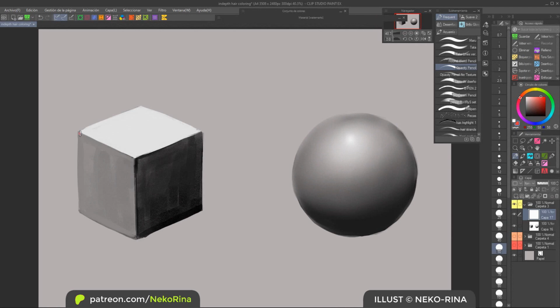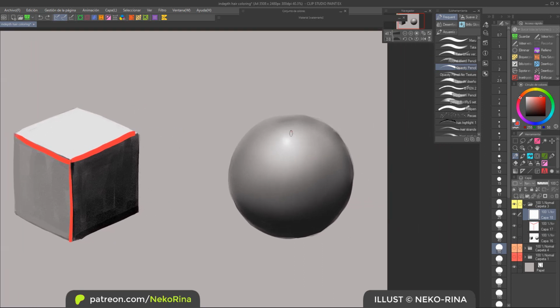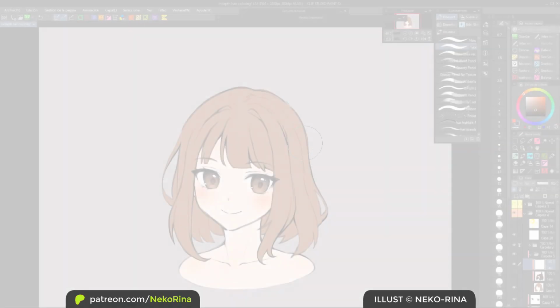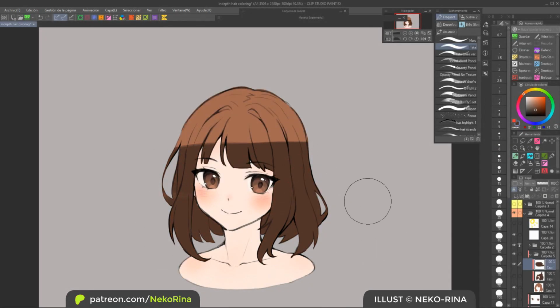Flat surfaces like the cube already have well-defined hard edges to separate all the different light and shadow values. But spheres don't. Instead, light and shadows transition in gradients along the curved surface. And these gradients have to bend according to the shape of the sphere. They're not a straight line. So that's the next thing we need to keep in mind when coloring hair. If I want to represent the sphere of the head properly, I can't just make this a completely straight line here. I need to adjust it so that it bends like a circle or a ring.